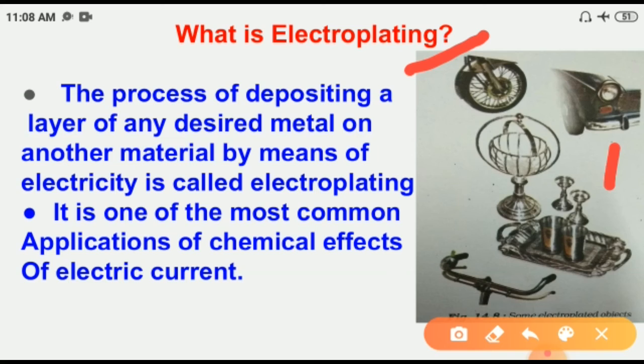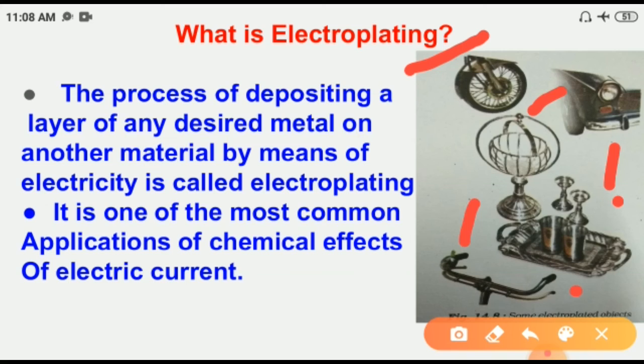plating is done on many objects such as car parts, bath taps, kitchen gas burners, bicycle handlebars, wheel rims, and many others. Here the chromium has a shiny appearance. It does not corrode. It resists scratches. However, chromium is expensive and it may not be economical to make the whole object out of chromium. So the object is made from a cheaper metal, and only a coating of chromium is deposited over it.